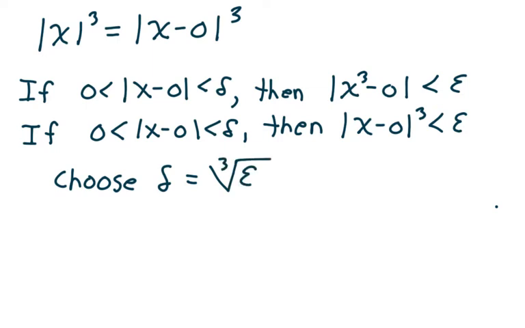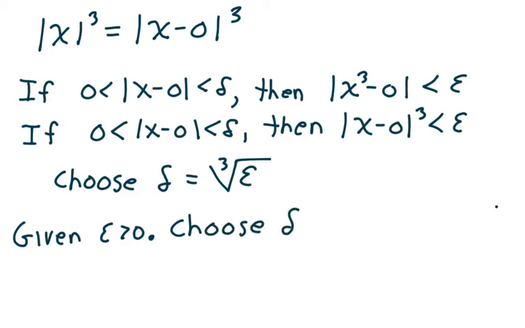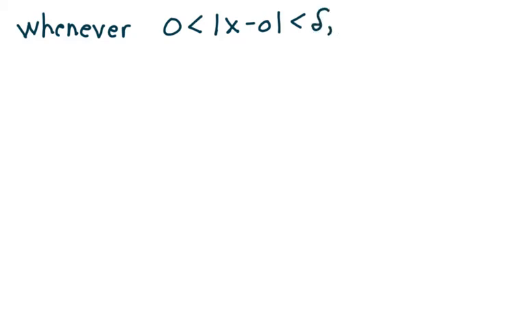So I'm going to call this the cube root of epsilon, because I want you to watch what happens. So given epsilon greater than 0, choose delta to be the cube root of epsilon. So whenever 0 is less than the absolute value of x minus 0 is less than delta, then